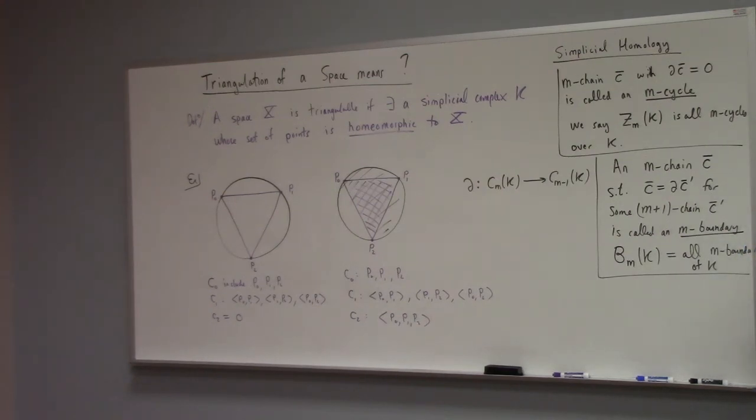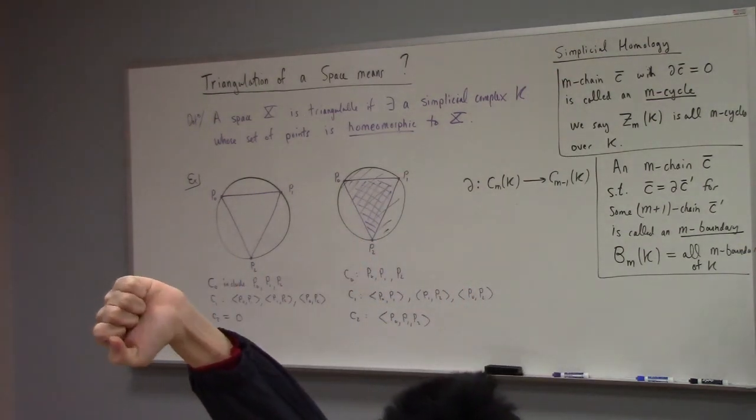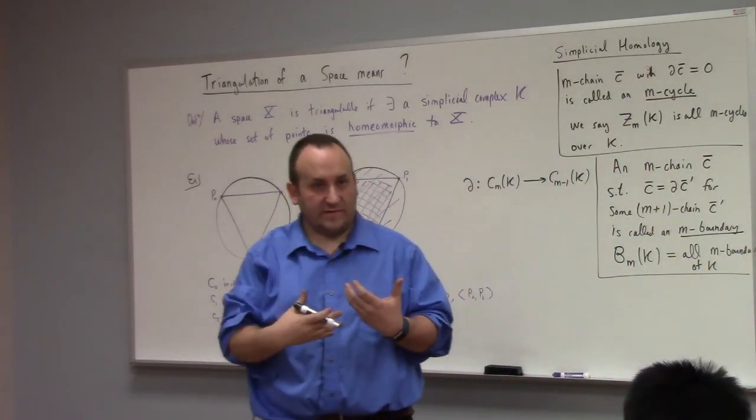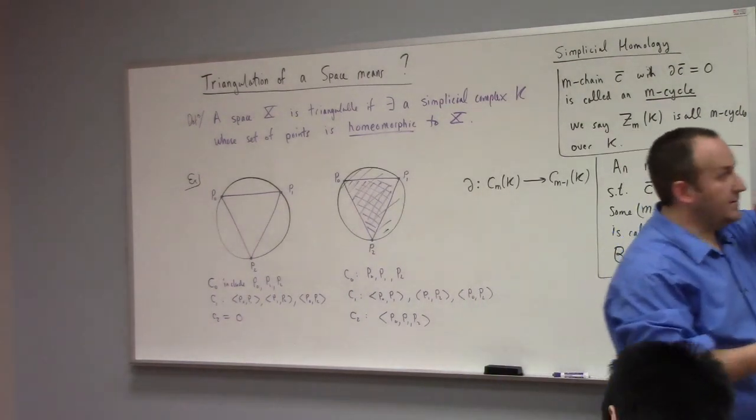Let's say C bar and B bar in C_M(K). C_M(K), remember, is the set of all M chains built from the simplicial complex K, right? So two M chains, C bar and B bar, are homologous